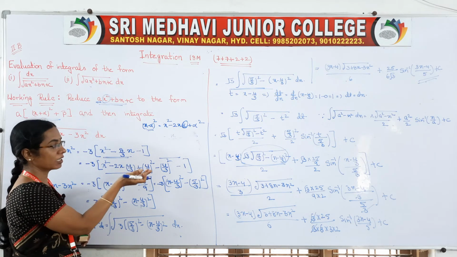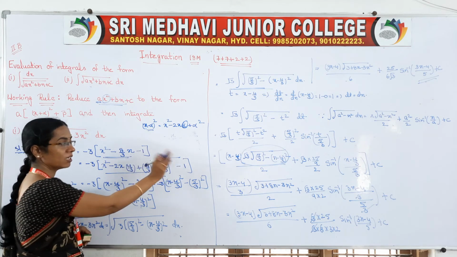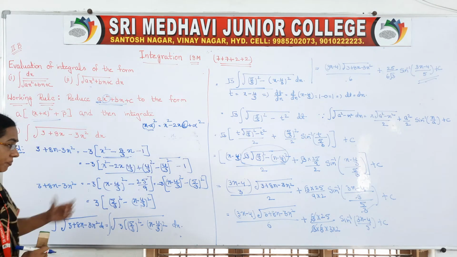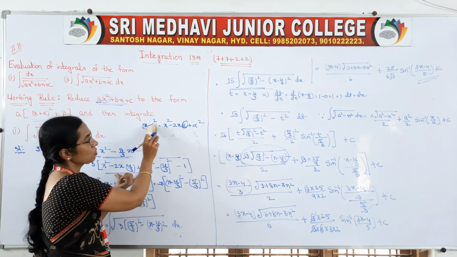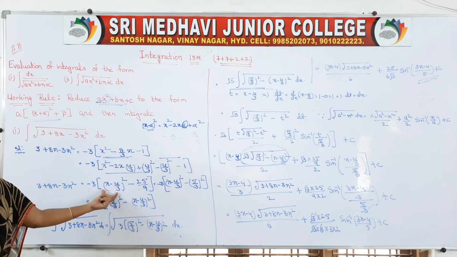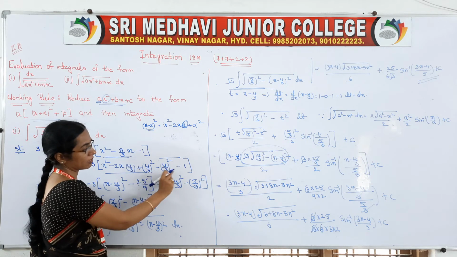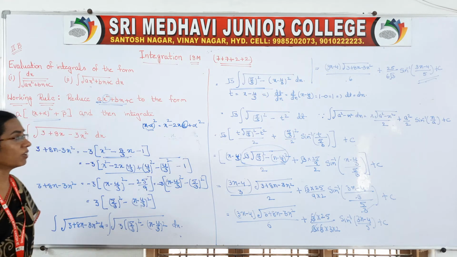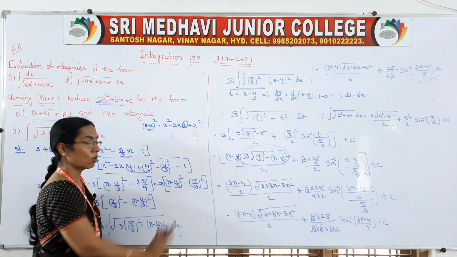It is not there in the question, so it is added and deducted. Then minus 1 we have taken as it is. From the first three terms it is exactly in this form. So we can write x minus alpha, where in the alpha place 4 by 3, whole square. Now simplify these two, right? Minus 16 by 9 minus 1, that is, we got minus 25 by 9, so 5 by 3 whole square.